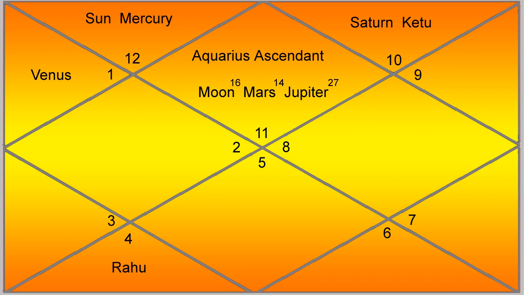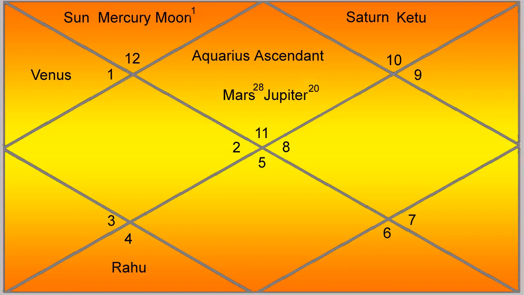Okay, so this is how you can basically see a conjunction, that in this conjunction, Moon and Mars are influencing each other a lot, where Jupiter is just by itself in the sign of Aquarius. Okay, but let's look at this new chart. So here in this chart, as you see, you have Mars at 28 degrees, and you have Moon in 1 degree in the second house, and Mars is at 28 degrees in the first house. So what do you think is happening now? Now do you see how virtual conjunction is happening?